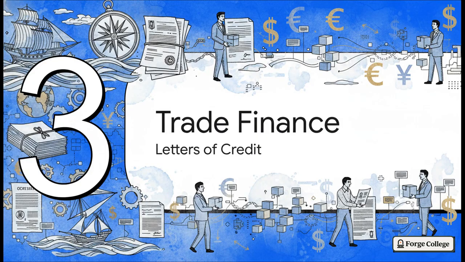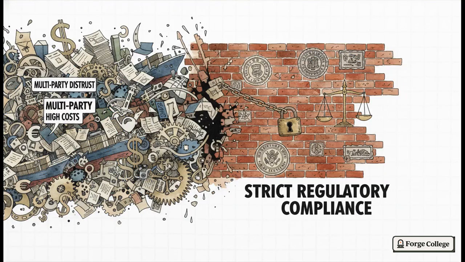Let's move over to our second blueprint. Case 2 takes us into trade finance and cross-border letters of credit. We are stepping out of the shipping yard and into the banking sector. This is a very complex legacy world. You've got exporters, importers, banks, insurers, and historically, incredibly slow, paper-heavy reconciliations. Because all these independent parties suffer from these massive reconciliation costs, this scenario is screaming for trust minimization and legal finality. The multi-party distrust perfectly fits our philosophical rubric, but, and this is a big but, something we emphasize heavily